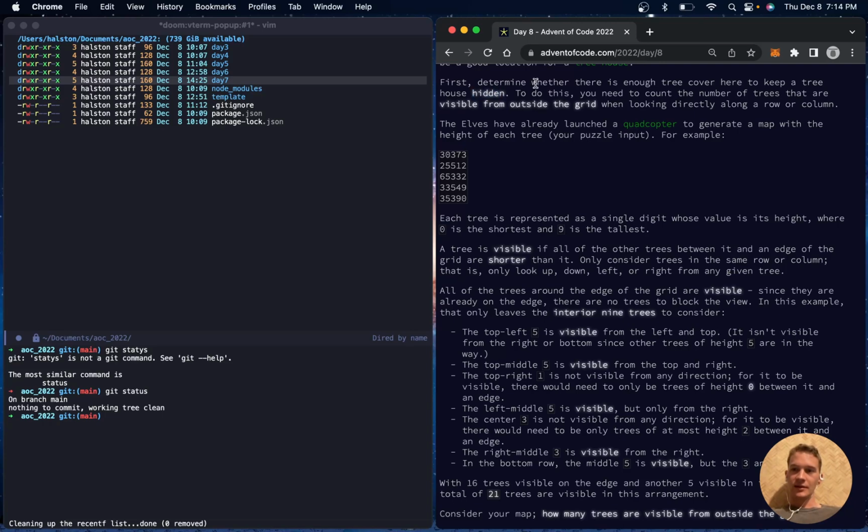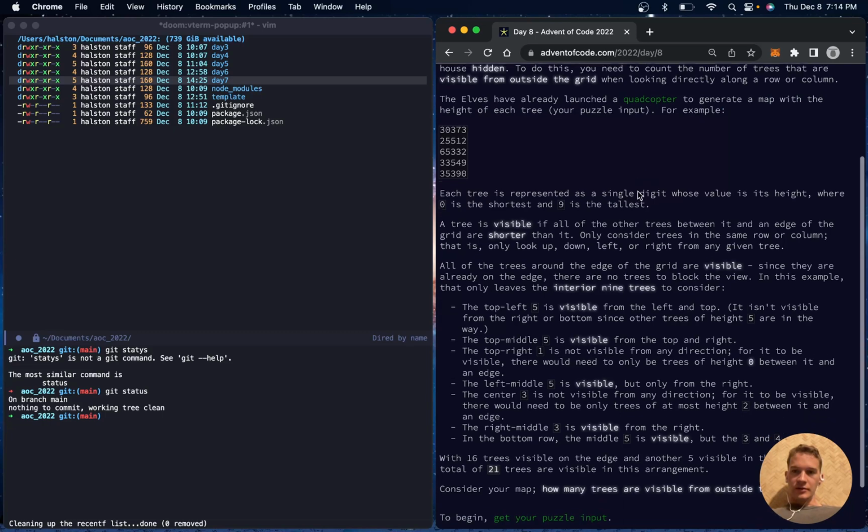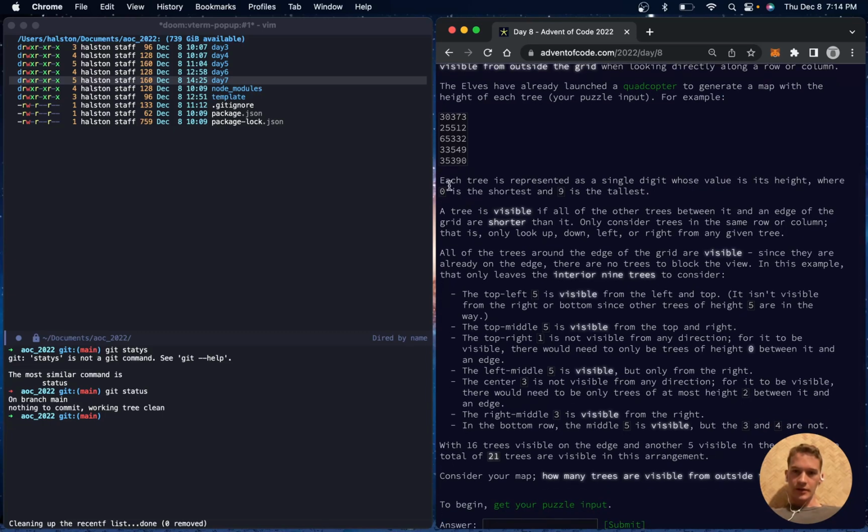To do this, you need to count the number of trees that are visible from outside the grid when looking directly along a row or column. The elves have already launched a quadcopter to generate a map with the height of each tree. I see. Each tree is represented as a single digit whose value is its height, where 0 is the shortest and 9